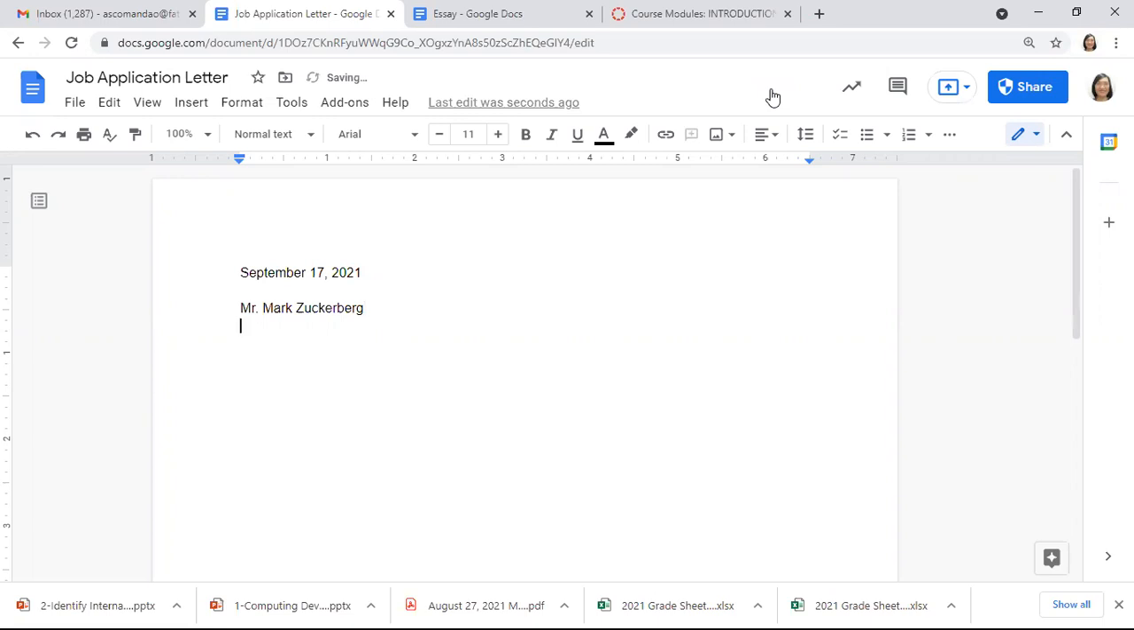Then let's just pretend he's the HR manager, at Apple Incorporated. And then the address. So let's just choose an address. For example, it is in Silicon Valley, California, United States of America. So USA. Just an example. And then, dear Mr. Zuckerberg,